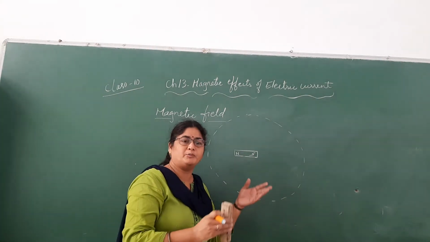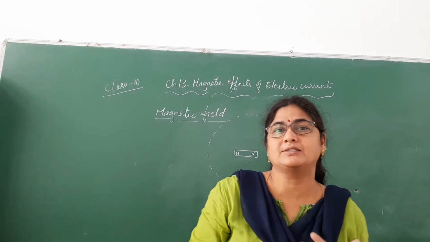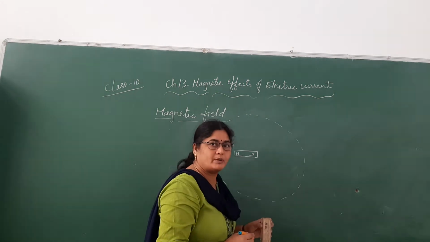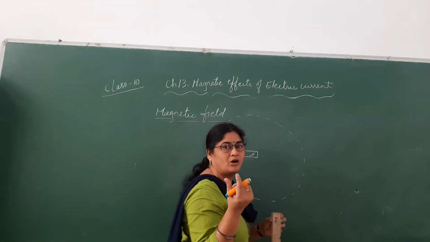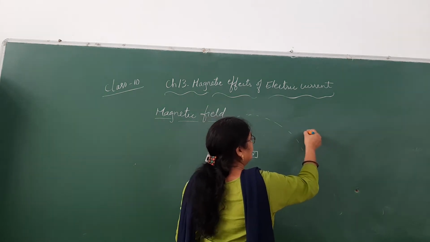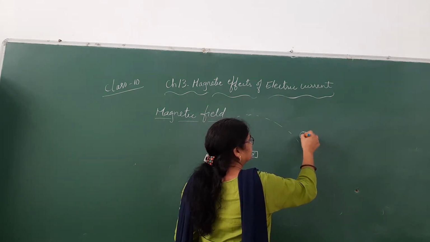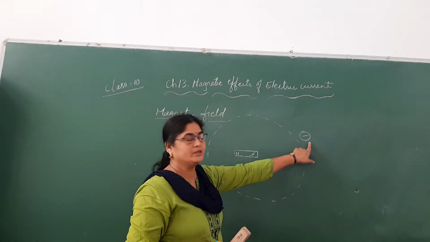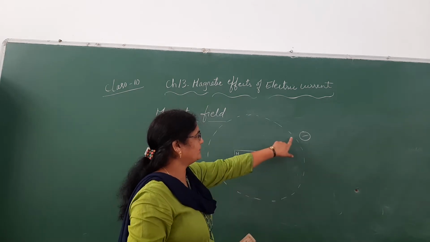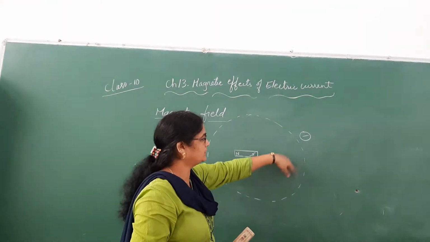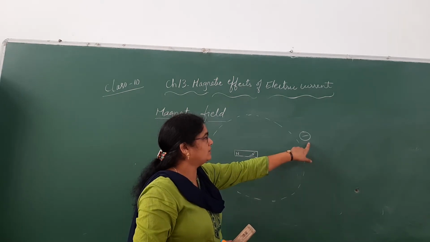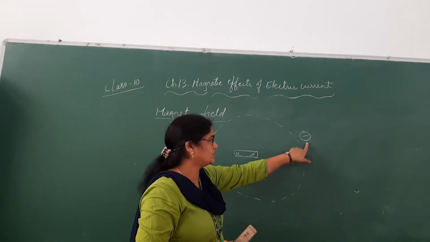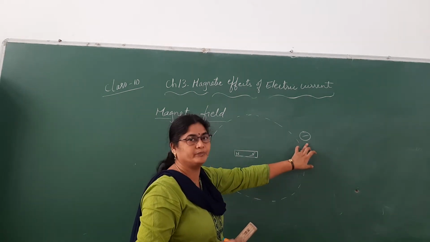How can we find out up to what extent this bar magnet has its field? To understand that, let us take one more bar magnet or a compass needle. Suppose the field of this bar magnet extends up to here, which is shown with the dotted lines. We don't know that it is up to here, we want to find out. So let us bring a small compass close to this bar magnet up to this point.